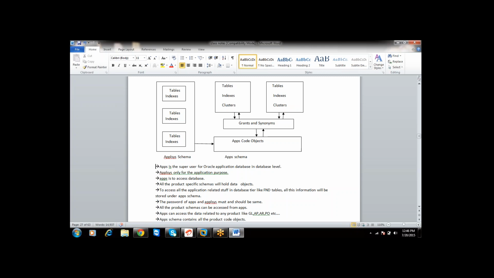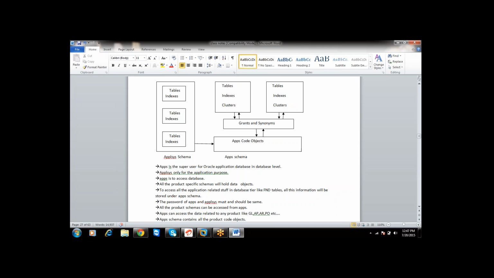See, in your DBA account, this will be the super user because it can access everything. In the same way here also there should be some schema which can access every schema. Let us take an example: I just want to get some information related to some schema. If I forgot the schema password, there is the apps schema, right? With the help of the apps schema, you can connect to that schema and get the information.